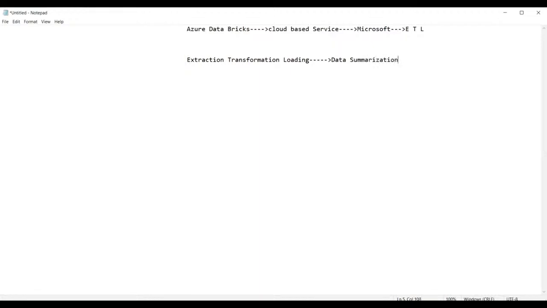Is a process of what? Data summarization. So extraction, transformation, and loading is a process of what, guys? Data summarization. Wherein for the process of ETL, that is called extraction, transformation, and loading, guys, we require the